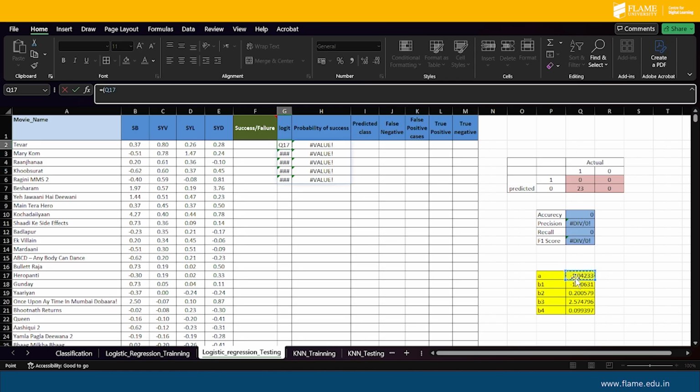Again, you have to just fix it, basically the intercept, then plus the coefficient for the first feature, then multiply it with the value, plus the second coefficient, multiply it with the second variable, plus the third coefficient